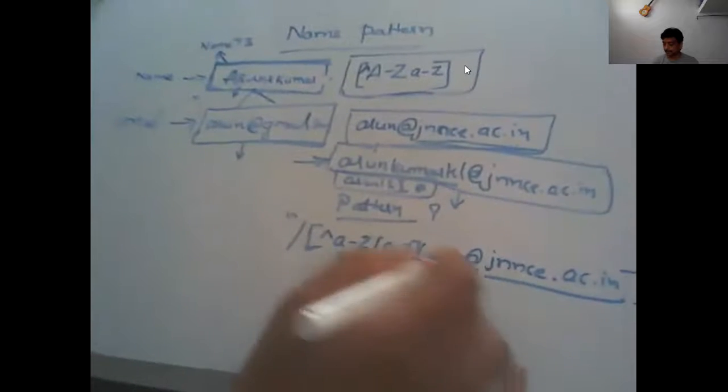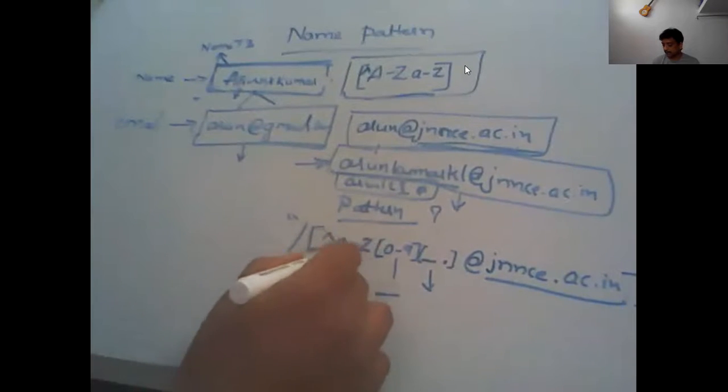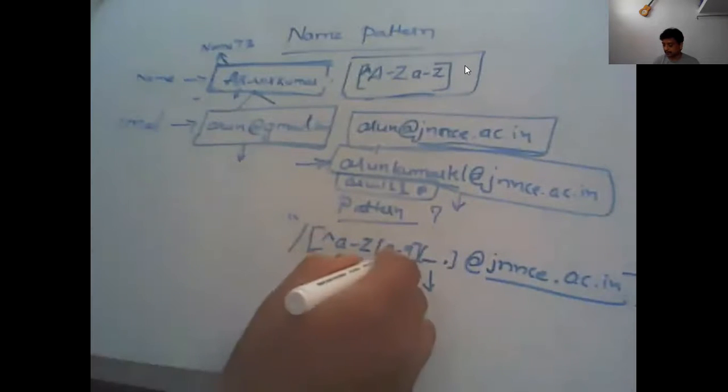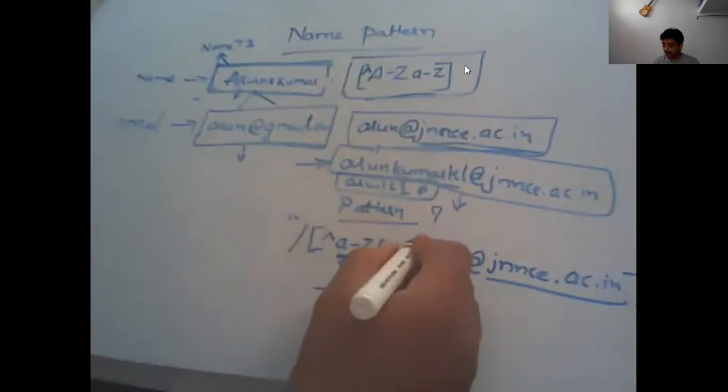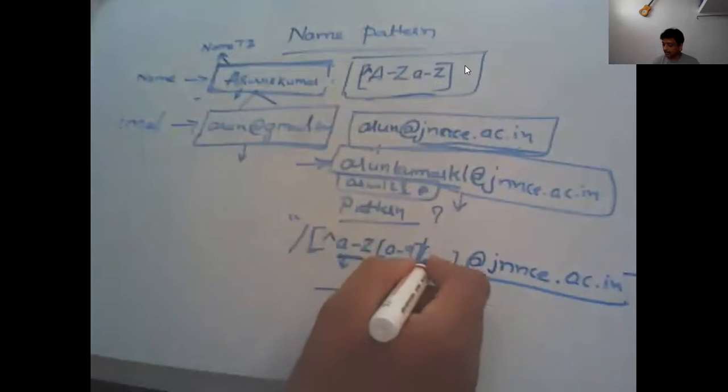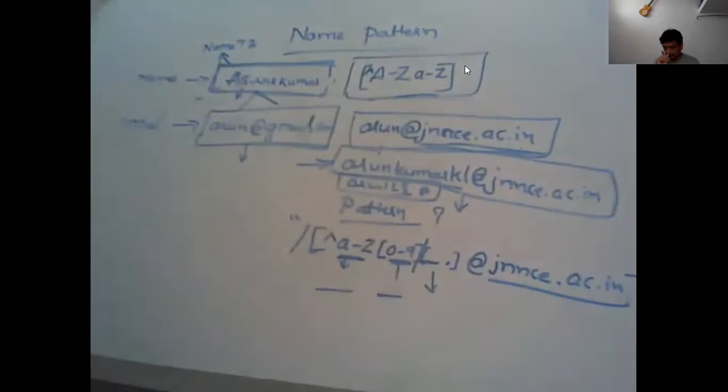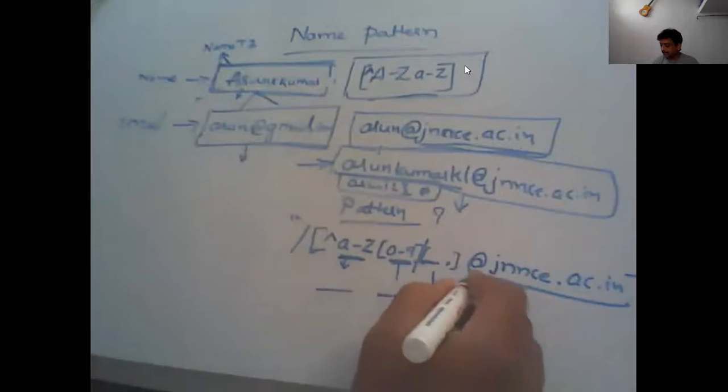So this is what the pattern. It should start with the characters followed by numbers, or you can write a slash, or you can make use of the underscore or a dot. Then these things are